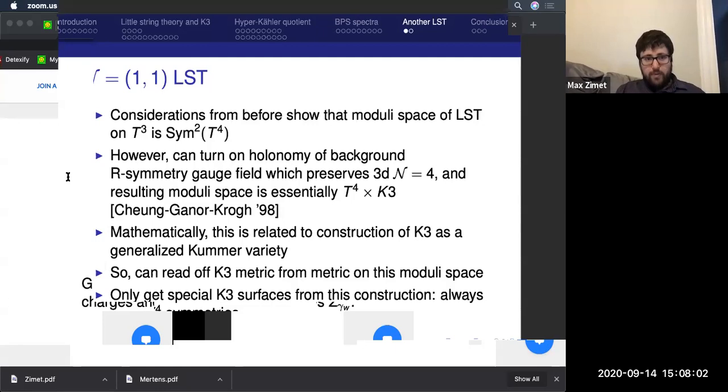Okay, so the last thing I wanted to do was to mention another Coulomb branch construction, using a slightly different little string theory. This one can only see certain K3 surfaces, not all K3 surfaces. But the benefit of it is that it's a much simpler little string theory. And so one might be able to directly solve the counting problem, not just by comparing with the Higgs branch formalism like we did here.